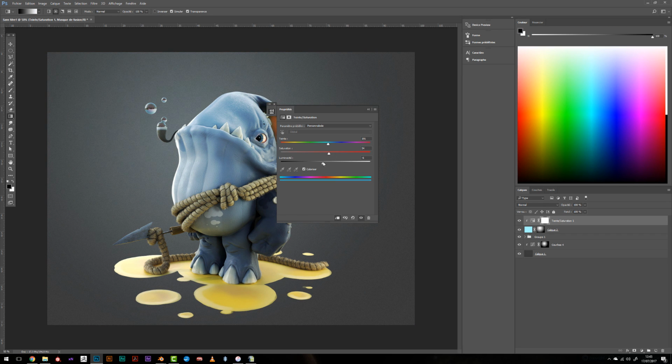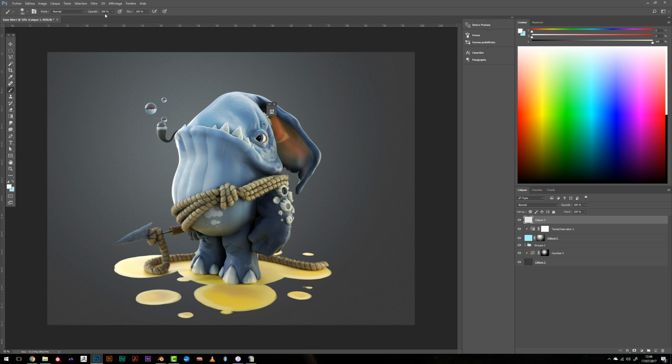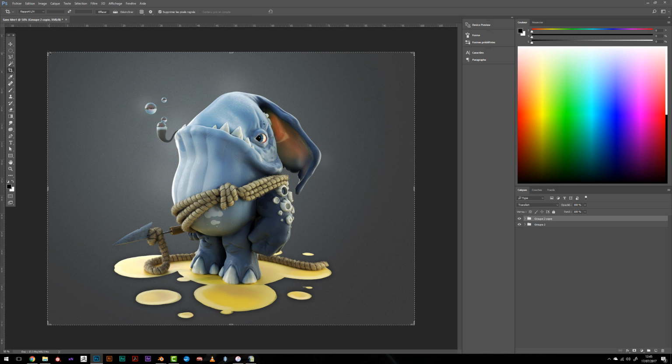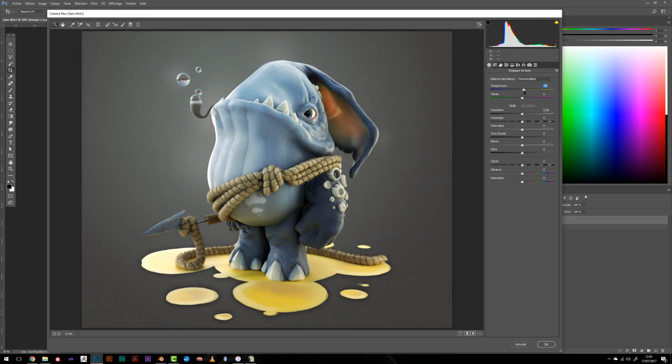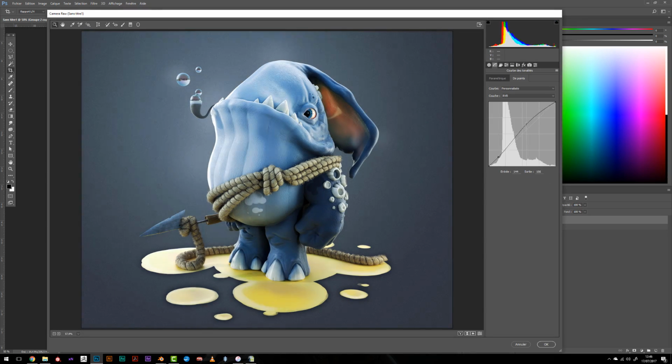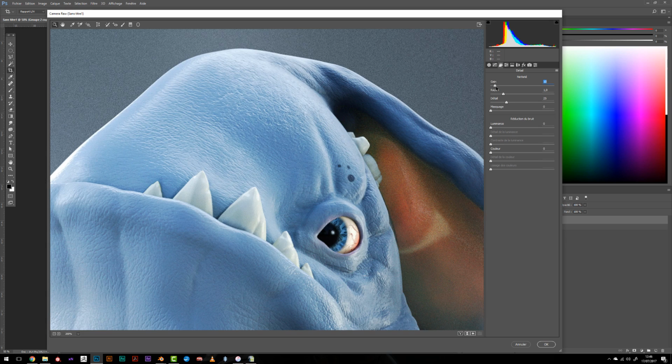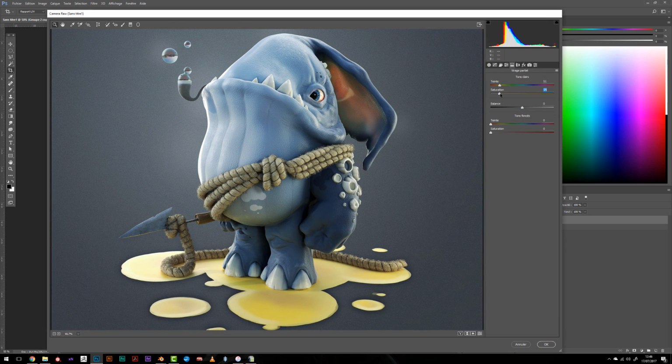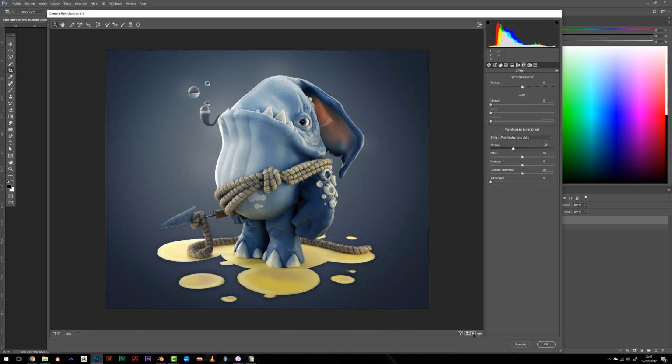So I faked this transparency, added some glow, then go for some filtering with Photoshop Camera Raw, which allows me to make some subtle hue and saturation and contrast balance in the colors. And here we are with the final result.